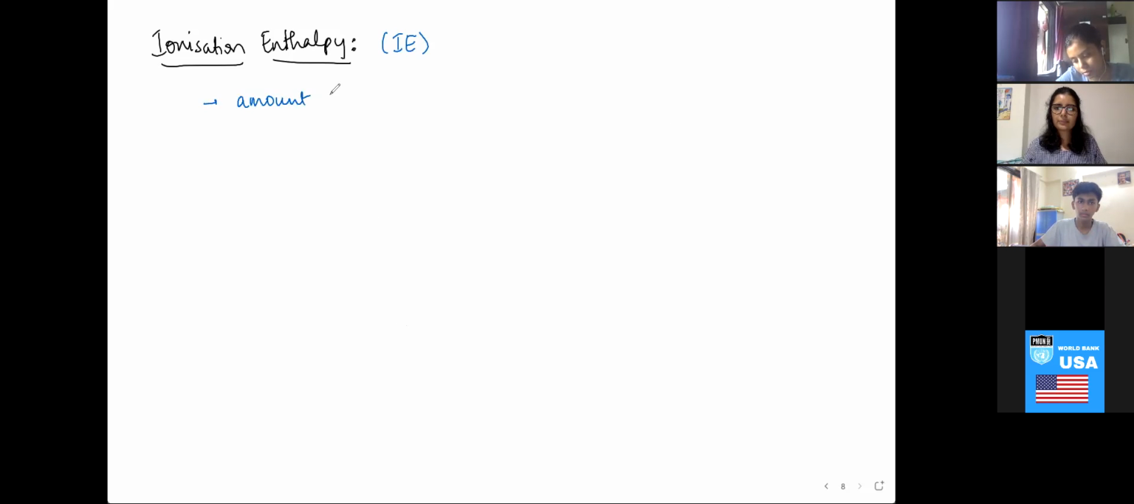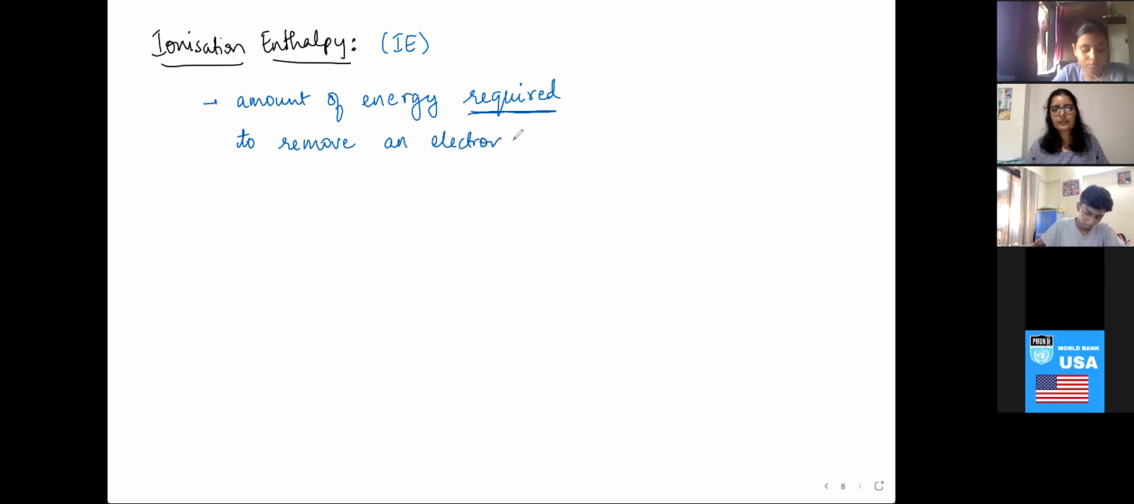So ionization enthalpy is the amount of energy required. This is a keyword. So it's the amount of energy required for what? This would be to specifically remove an electron. Even though we call it ionization enthalpy, when you hear the word ionization enthalpy, it's always removal of an electron. Okay, so to remove an electron from the outermost shell,